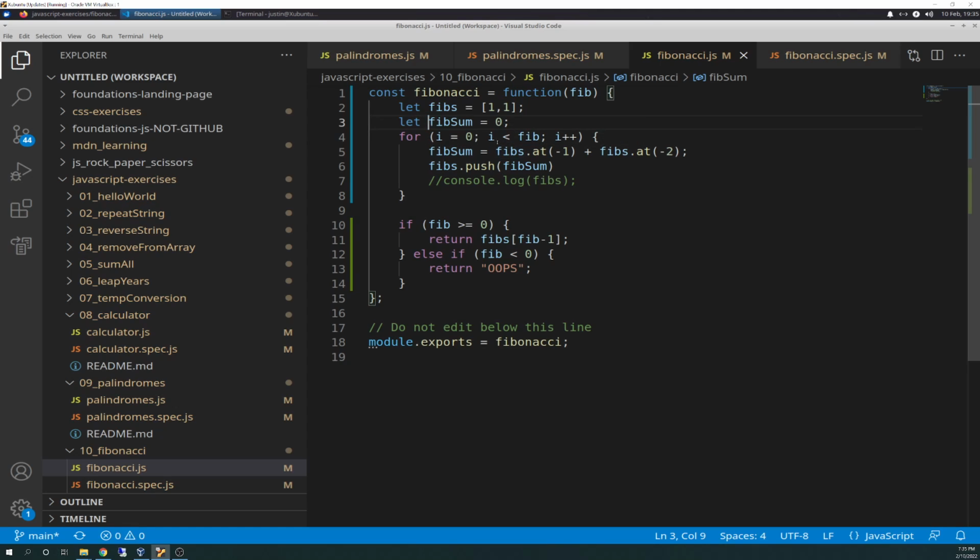iteration of i equals 0. i is less than fib, and we're going to increment i by 1 going up. I forgot to say, we're intaking the value that's going to be called fib for the parameter, and we have fib sum equals fibs.at(-1) plus fibs.at(-2), and the at